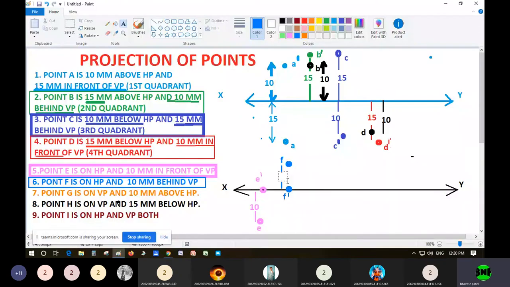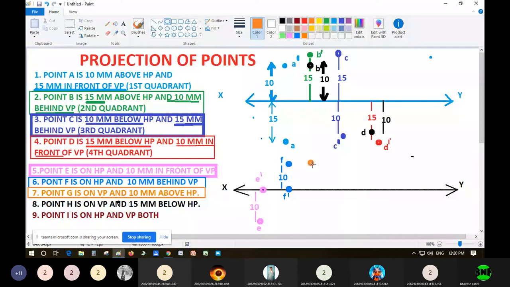Now we will move on to the seventh sum. The seventh sum is point G is on VP and 10 mm above HP. Remember, now it is on VP. The previous two sums were on HP. Now it is on VP. So first of all, we will solve this 10 mm above HP. You have to draw the 10 mm above HP condition first. So this will be here,